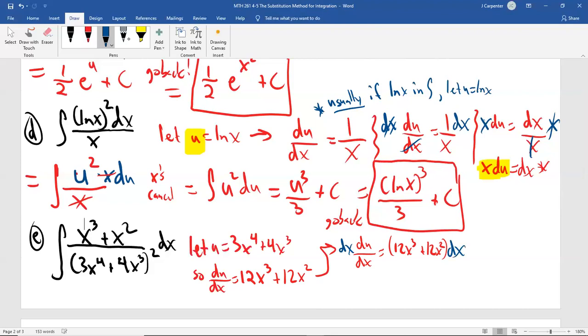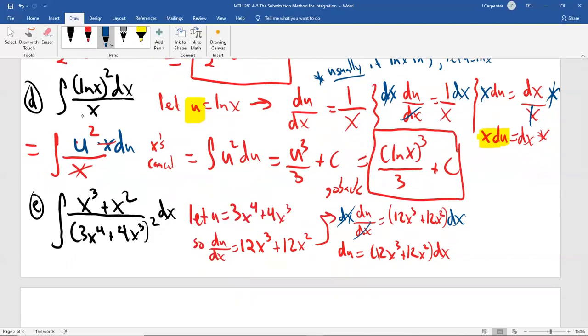Because of the multiple terms, you've got to wrap it in parentheses. Your dx's cancel. So what we get is du is equal to, per the parentheses, 12x cubed plus 12x squared dx. Then we divide both sides by the parentheses to solve it for dx. I'm going to have to squish this in here, so I think you get the idea. I'm dividing by the parentheses so that the parentheses will cancel, giving us